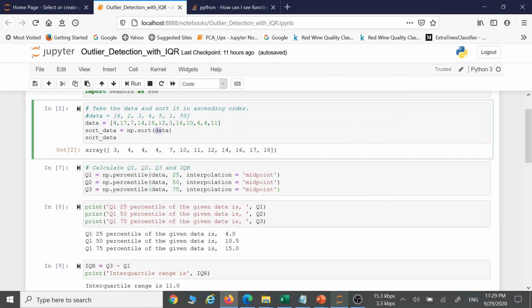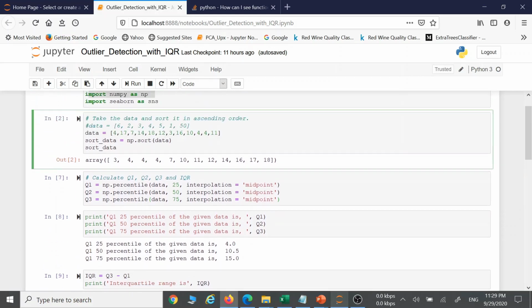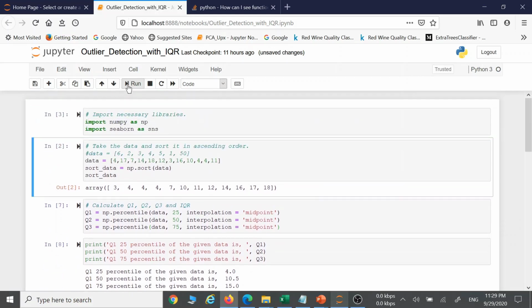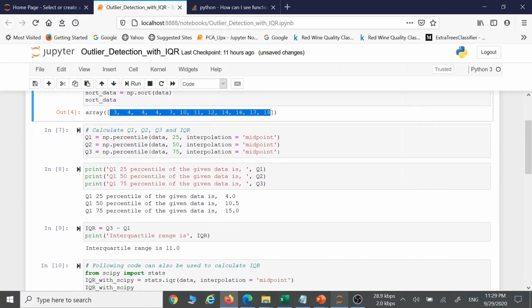We need to provide the data set, which means the array. Then it will sort. Let's run it.